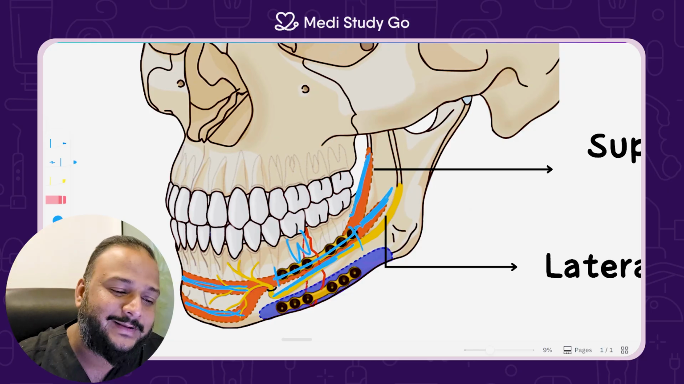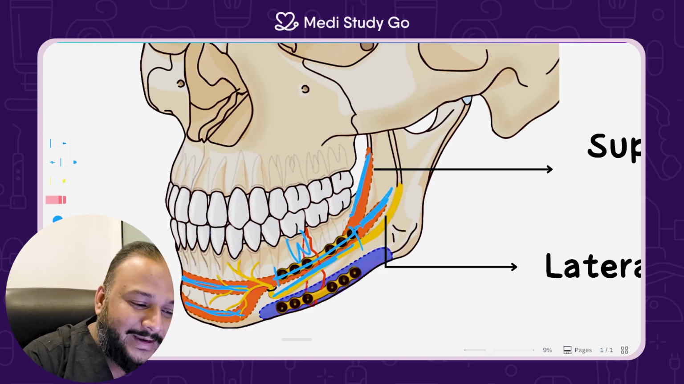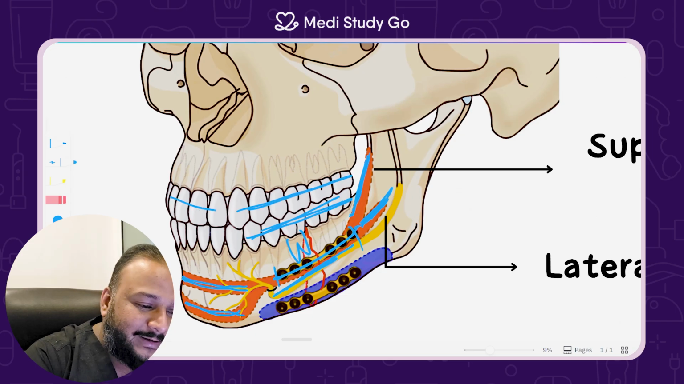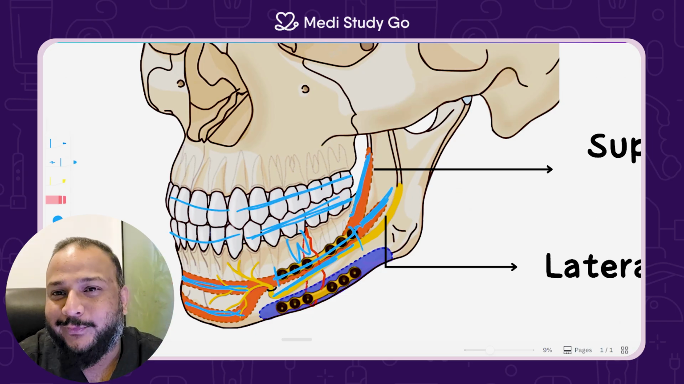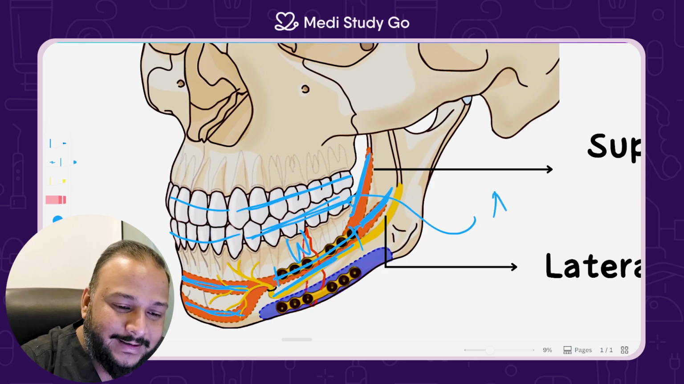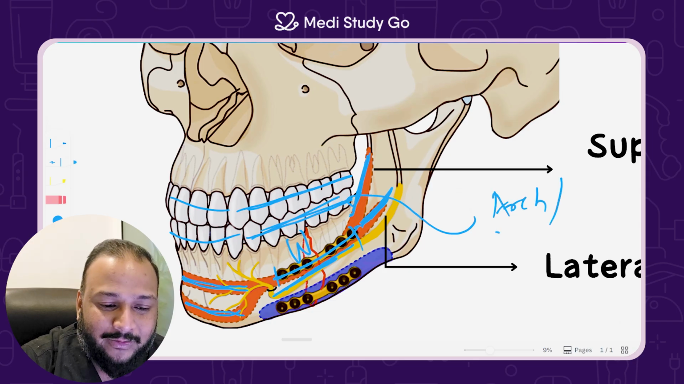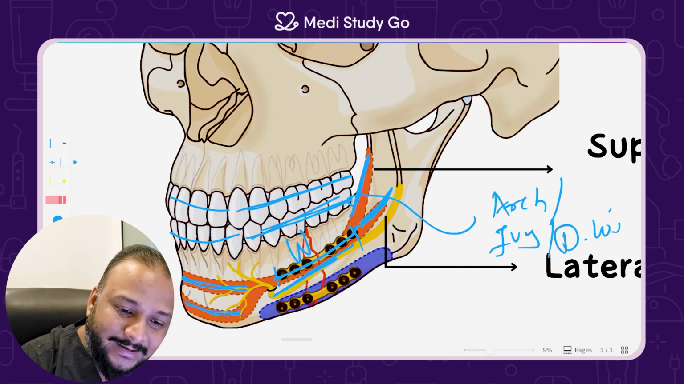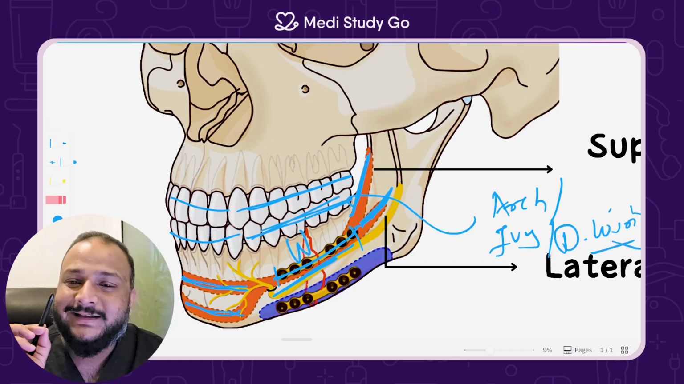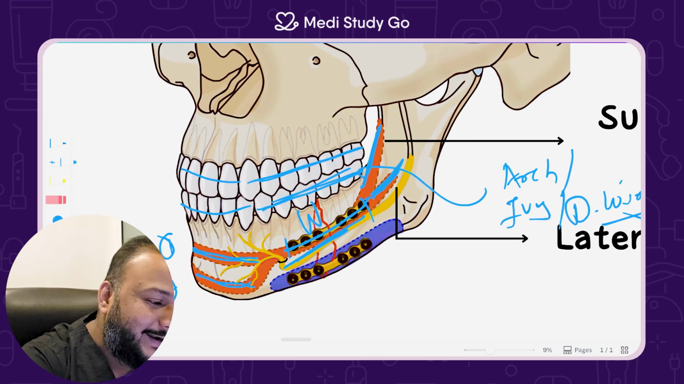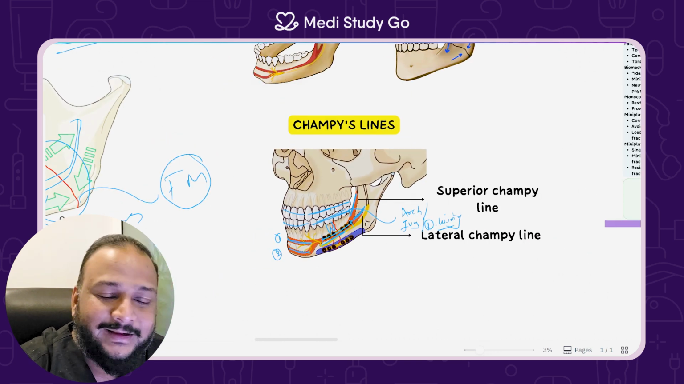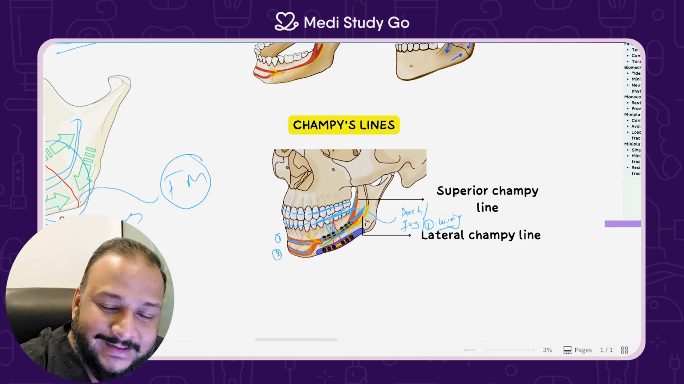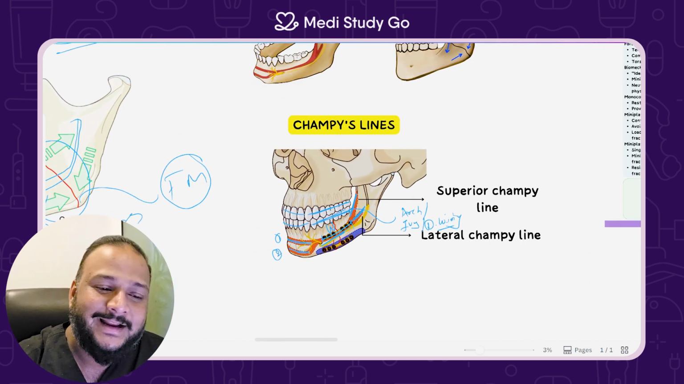So what exactly happens whenever you place a mini plate to counter the forces of occlusion? You have to place something that holds the occlusion together. What would that be? Absolutely right. They are arch bars or IV loops or any kind of dental wiring. This is exactly what you need to counteract the forces of tension, and this is exactly why you need Champy's